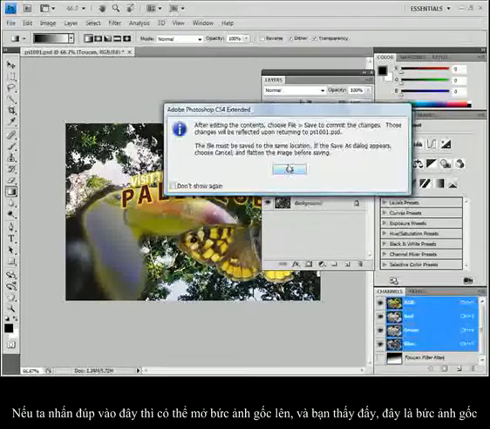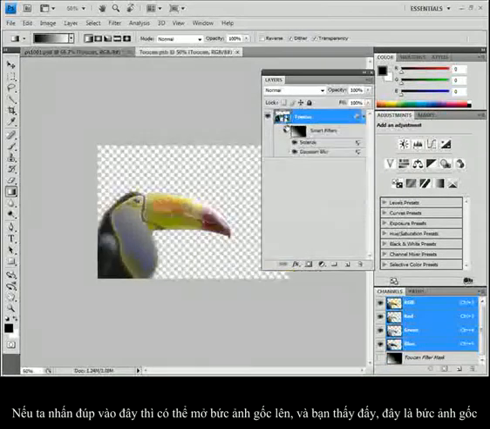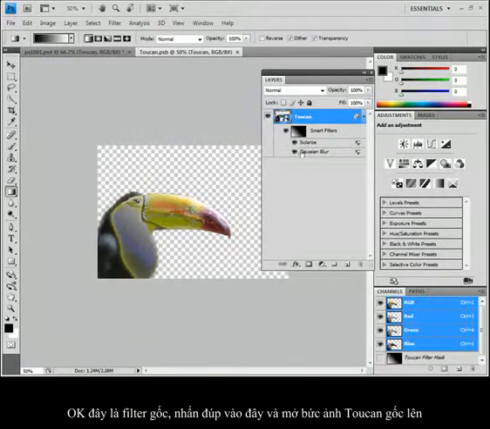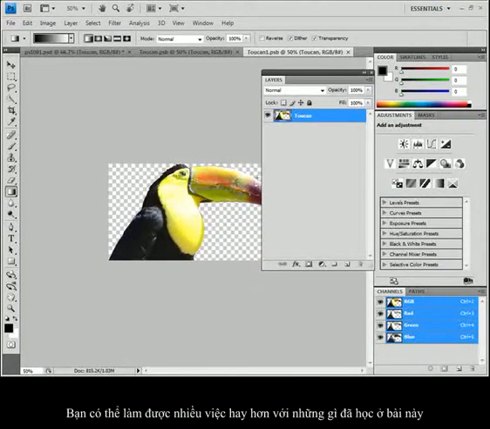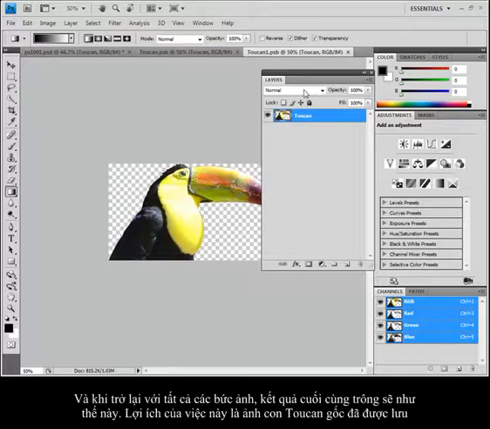If I double click on this, I can open up the original image and you'll see there's my original. Okay, here are my original filters that I ran, and I can even double click on this and open up the original toucan. So lots of ways that you can play with this. It's almost mind-boggling, but you can have a lot of fun with this, and yet when I come back to all of these images,